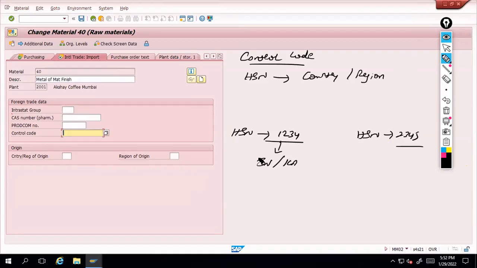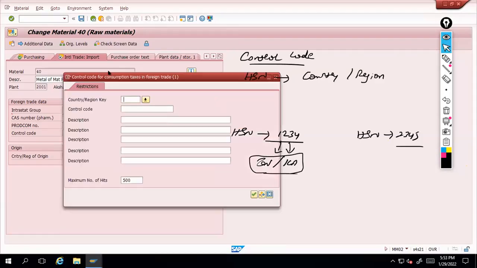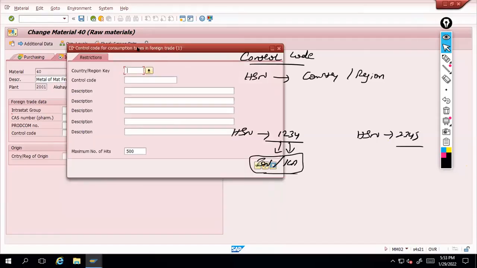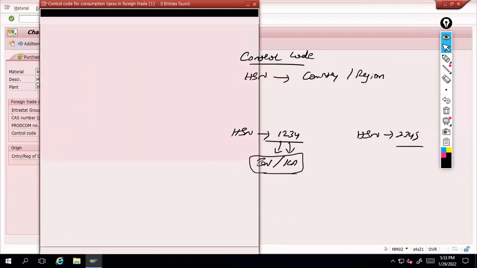Each and every state has its own percentage defined. HSN codes are the same, but the percentage is different. For example, my country is IN and my region is KA. So based on this country code and region, my HSN code is this. This code needs to be assigned to your country and region. Then only you can enter the code here. If I try to fix some HSN code, the system is asking for the country or region code. Without entering anything, if I execute, the system is giving only 3